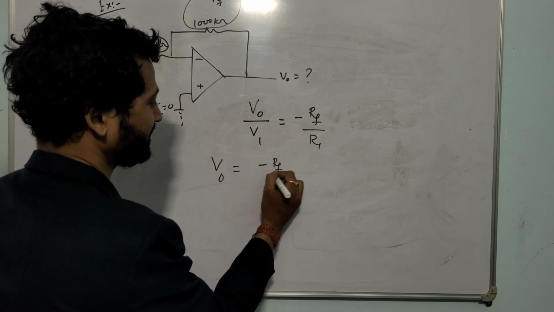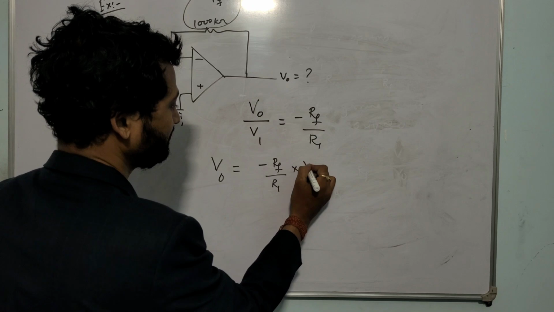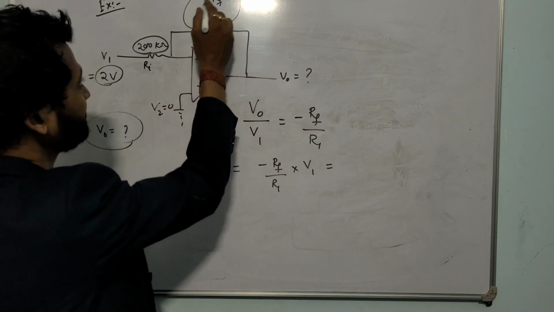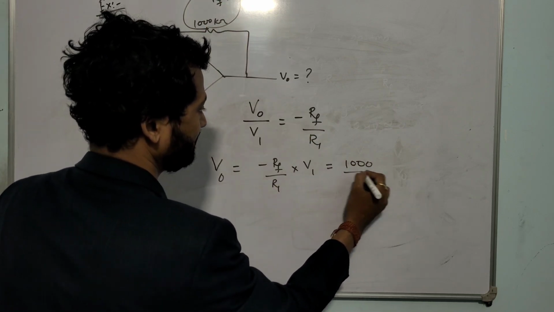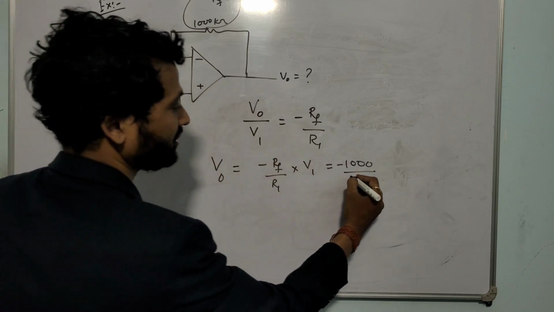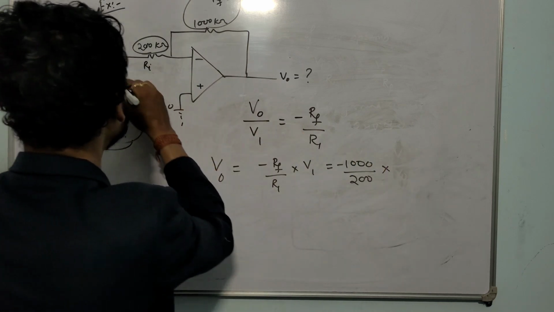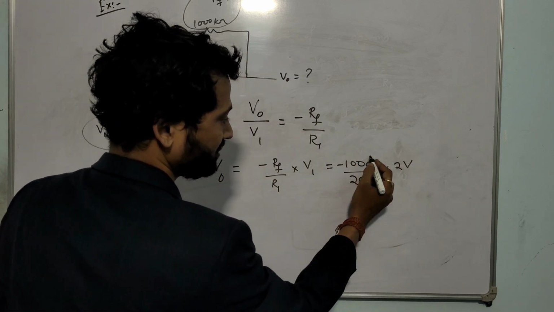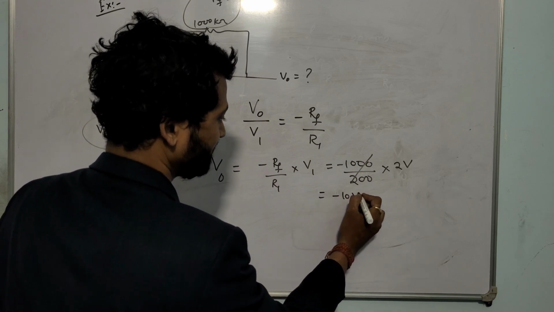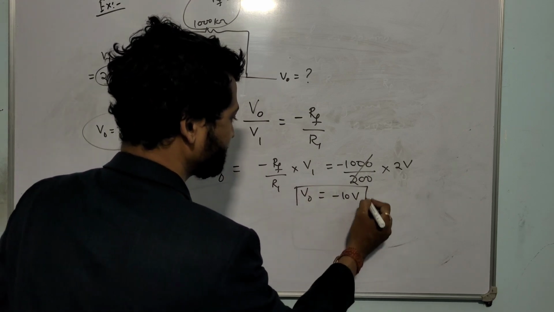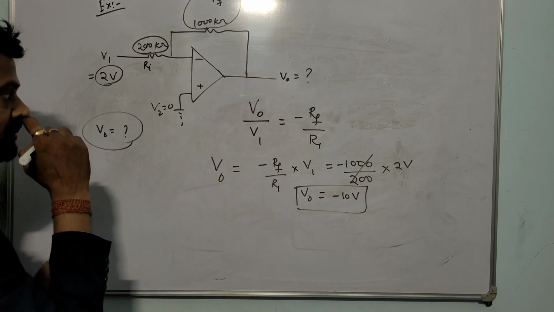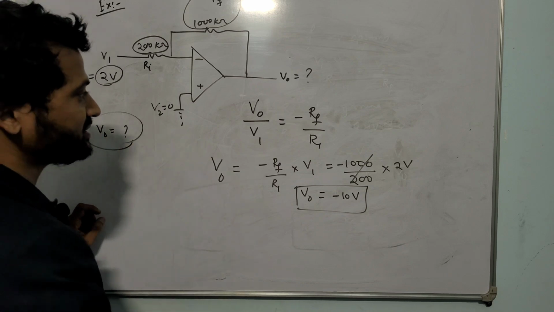V0 is minus RF upon R1 into V1. RF is 1000, R1 is 200, V1 is 2 volt. So it is coming minus 10 volt. That means the output voltage is coming minus 10 volt. So now the point is, since I have told it